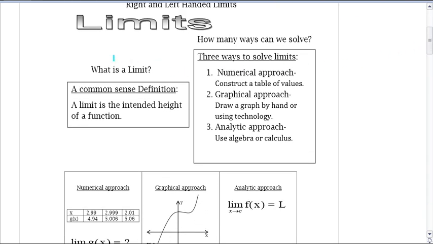Just a little bit of review. The most important part: what is a limit? A common sense definition, once again, is that a limit is the intended height of the function. I love this. I never knew this when I took Calculus 1. It took me a while, until I think Calculus 3, to really understand what a limit was. Very simple, very basic: just the intended height of the function. Okay,